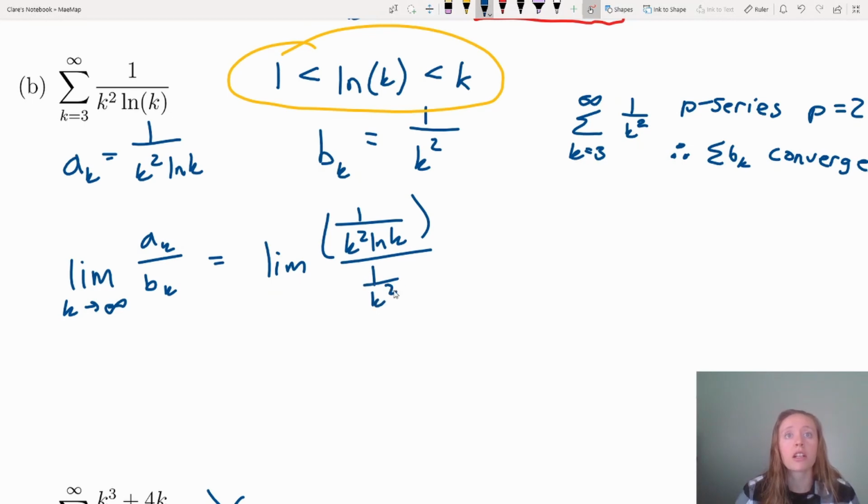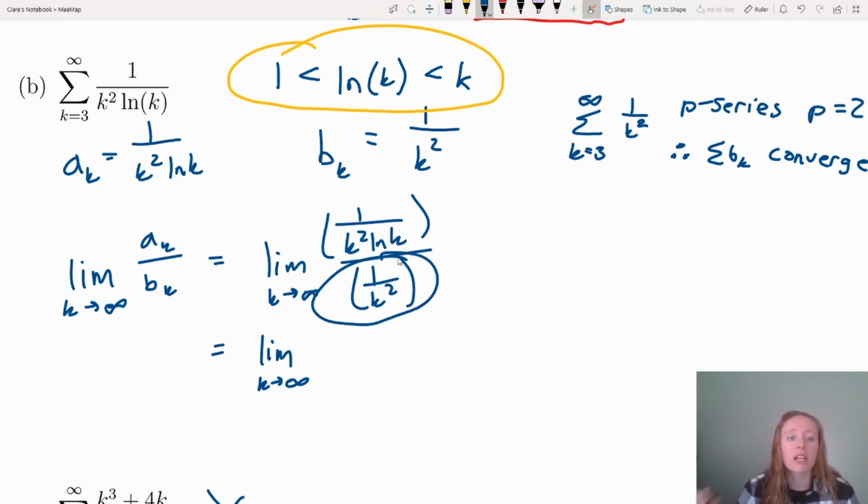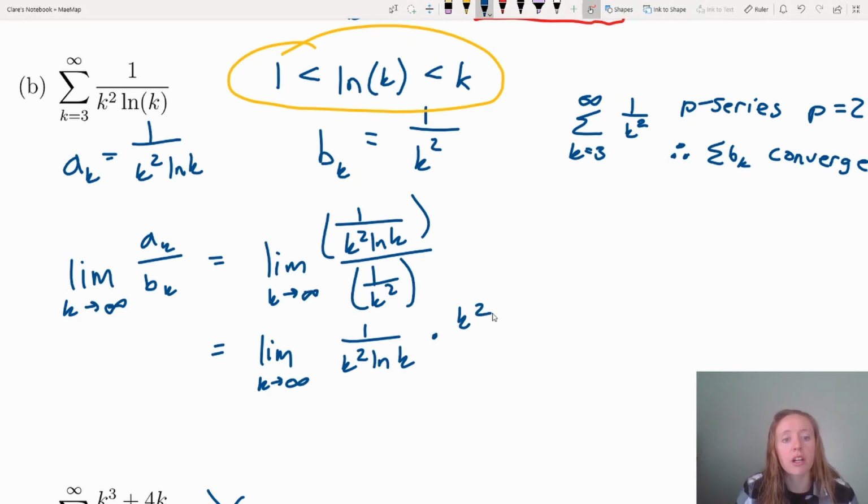1 over k squared as k goes to infinity, which I'm going to write as the limit as k approaches infinity of, for our fraction, we're going to keep, change, flip, or what I like to say, as opposed to dividing by the fraction, we're going to multiply by its reciprocal. So we'll have 1 over k squared ln of k times k squared over 1. Note that k squared cancels out with k squared, so I'm left with, I'll write this out, the limit as k approaches infinity